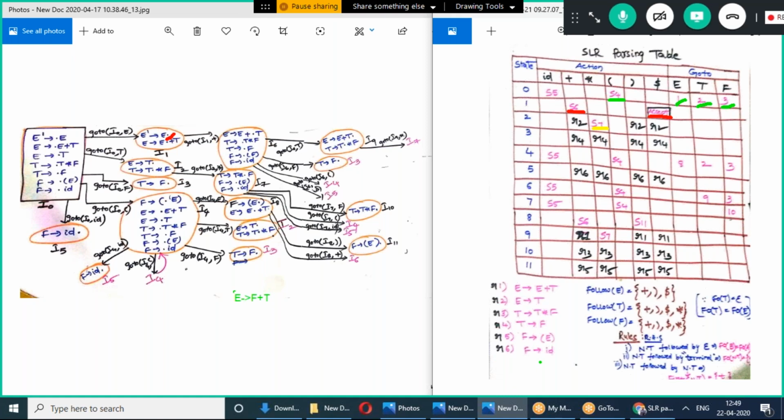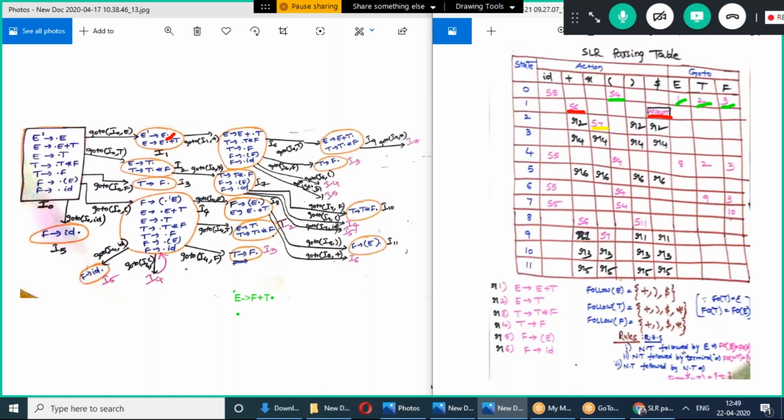See here, a non-terminal followed by epsilon implies follow of B is equal to follow of A. Here there is nothing after F, so follow of F is equal to follow of E. If there is something and it is a terminal, we should take that terminal symbol.